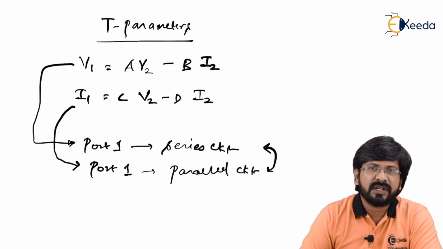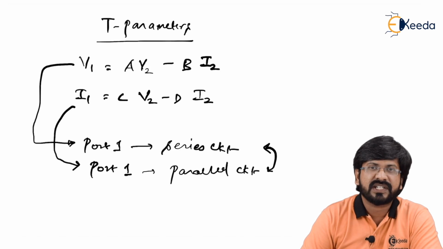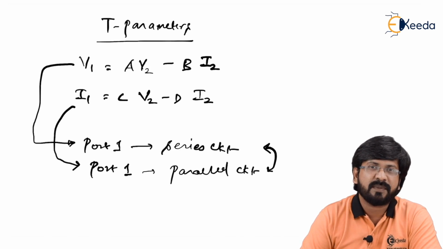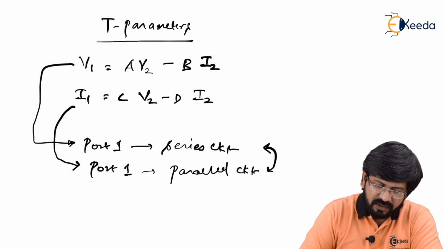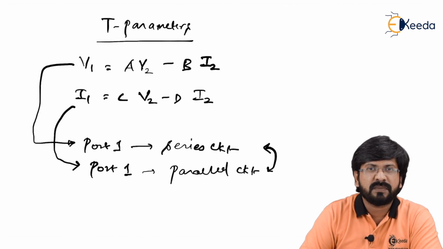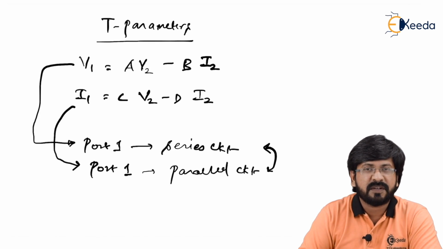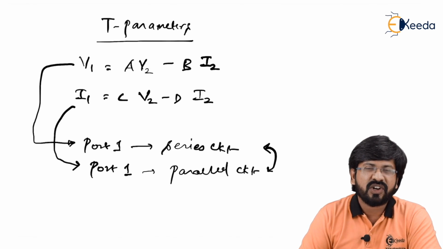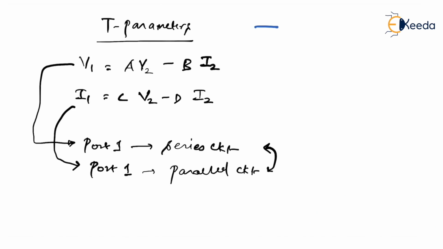What does that mean? This is a limitation of transmission line parameters. Since these things are happening, we cannot draw equivalent circuits for T parameter as well as for inverse T parameter also. So please make a note that since this is a limitation, see once again, the first equation is a V1 equation which says port 1 should be a series circuit. Second equation is I1 equation, nothing but current equation. Again it refers to port 1, it means port 1 should be what circuit? A parallel circuit. I cannot draw a circuit which looks like series circuit and parallel circuit also. I can draw it as either series circuit or parallel circuit, and that's the reason why it is a limitation of transmission line parameters that we cannot draw equivalent circuit. Please make a note of it.